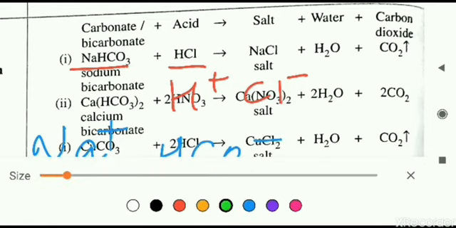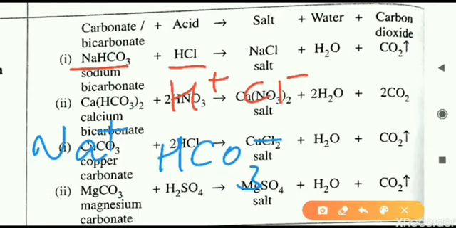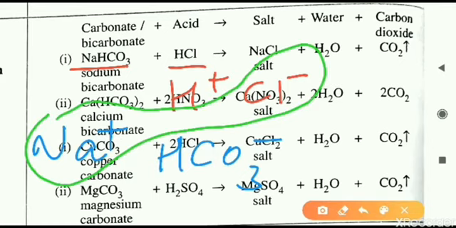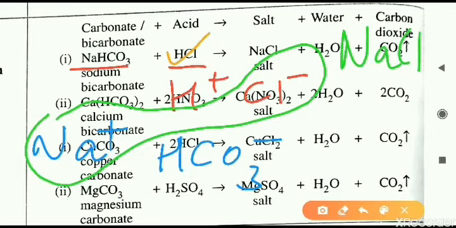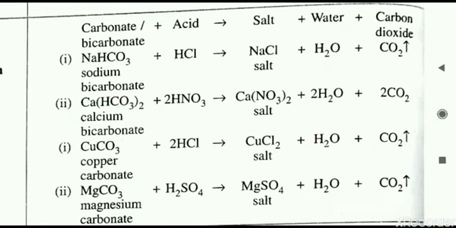Now here again there will be attraction between the opposite charges. Na plus and Cl minus will attract each other, and we will get the salt, that is NaCl. Now you may be confused. Another attraction is there between H plus and HCO3 minus. What will form? Generally it should form H2CO3, that is an acid. Then why are we not writing H2CO3 here? We have written H2O and CO2 instead.